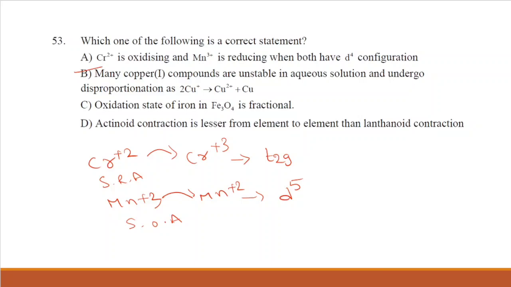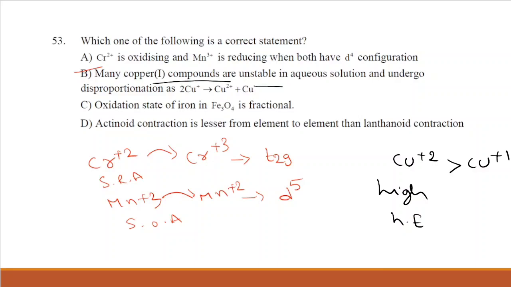Many copper compounds are unstable in aqueous solution and undergo disproportionation reaction. Yes, especially in aqueous solutions, Cu plus 2 ion is more stable when compared with Cu plus 1. It is because of high hydration energy. More amount of energy will be liberated when the Cu plus 2 ions, which is having the